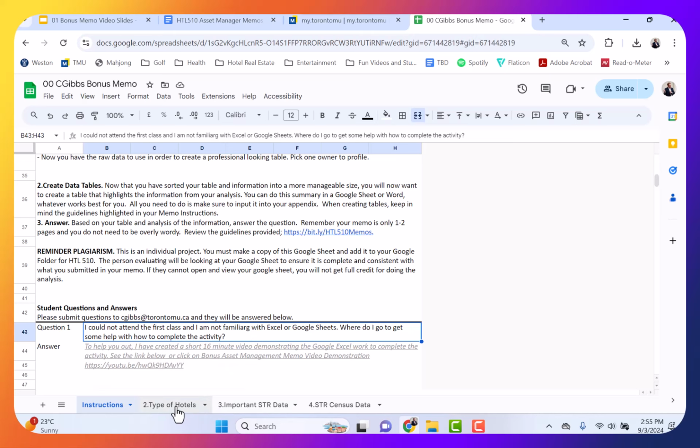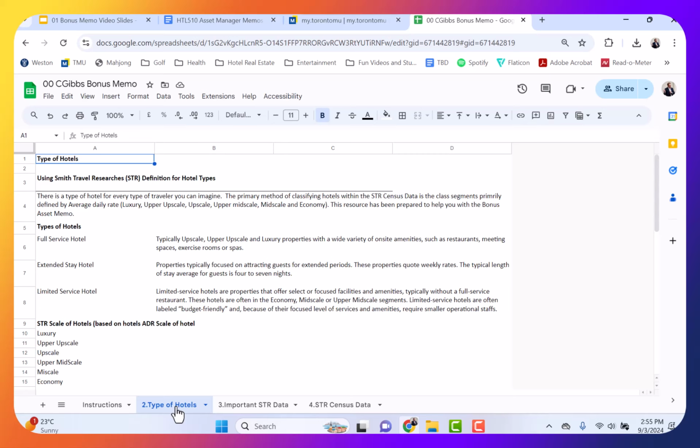Okay, the second tab here is type of hotels. Okay, the owner specifically wants, they're working for the United States. They're interested in extended stay hotel properties. So there's 3 different types of hotel properties. Well, there's more than 3. There's as many types of shoes as you have. You can have types of hotel properties, but in this case, the 3 main ones are full service hotels, which typically